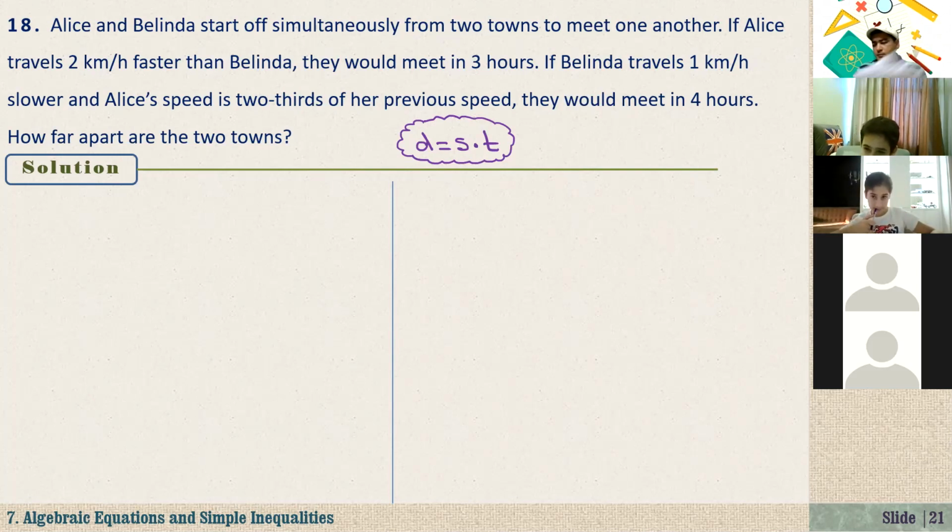I formed the equation, but I don't know how to solve it. I have open bracket 2/3, open new bracket n plus 2, close bracket and close final bracket